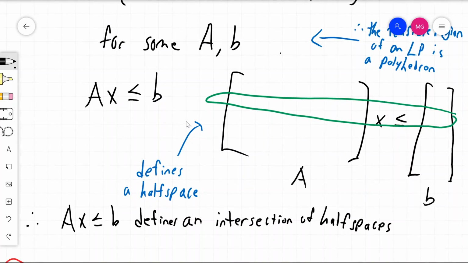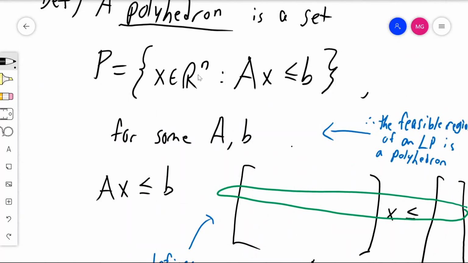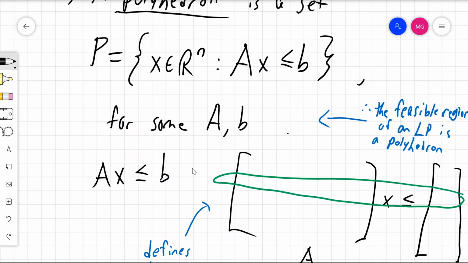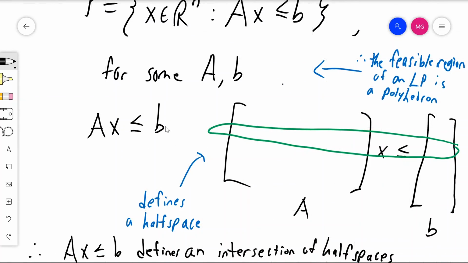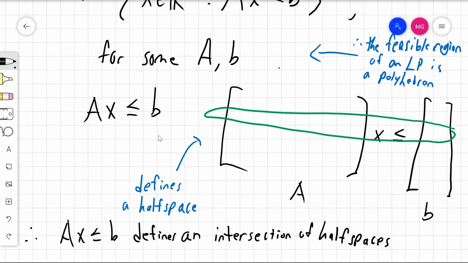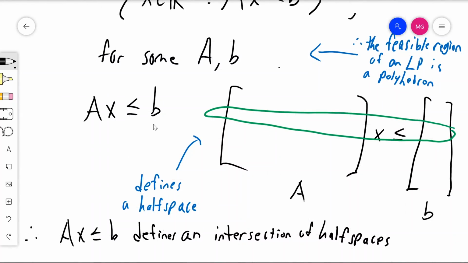And so it's kind of like there are three different things going on. There's the feasible region of an LP, there's the term polyhedron, and then there's this notion of intersection of half spaces, and they're all the same thing. It's really just saying the same thing in three different ways. If you look at Ax less than or equal to b, the set of x's that satisfy that is a polyhedron, and it's also the solutions to a linear program, and then it's an intersection of half spaces because each of the rows of